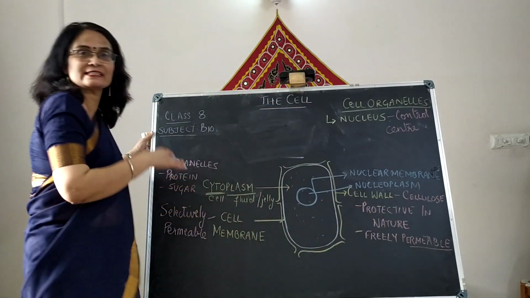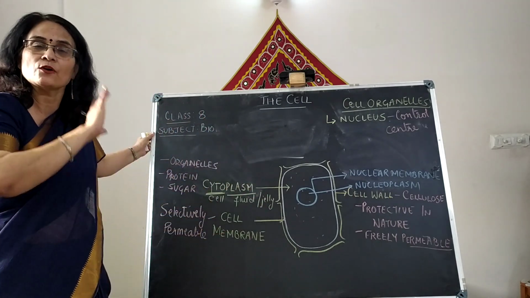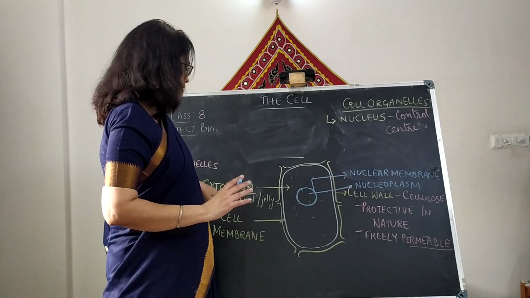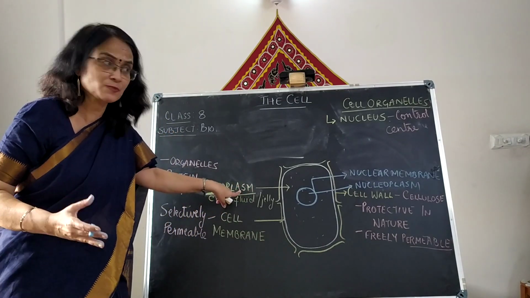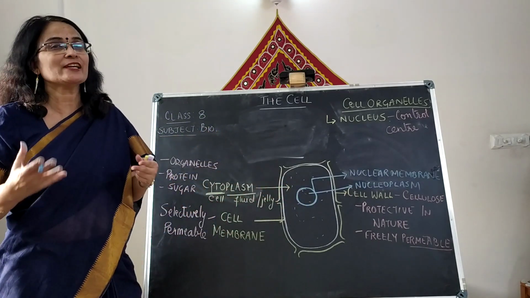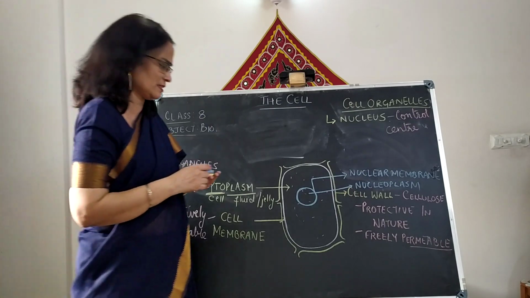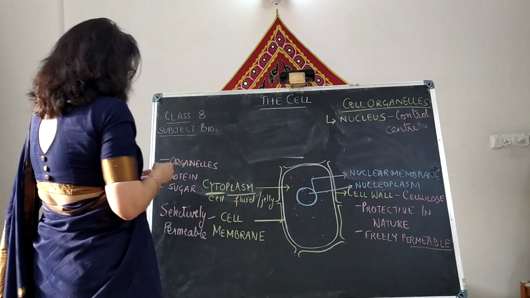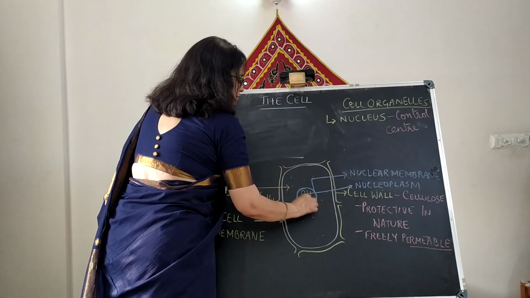You don't have to get scared with all the names that are going on. It is just very logical. Cytoplasm, that is the cell fluid, jelly-like structure that is present. Nucleus, within the nucleus there is a jelly-like fluid-like substance that is present. Now what is present inside the nucleus is very important. What you have inside is the chromatin material.